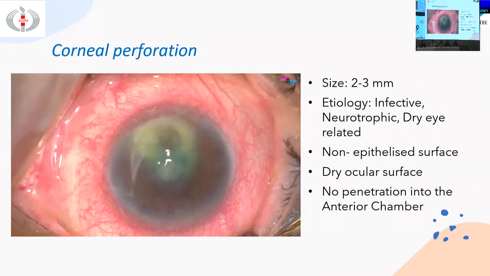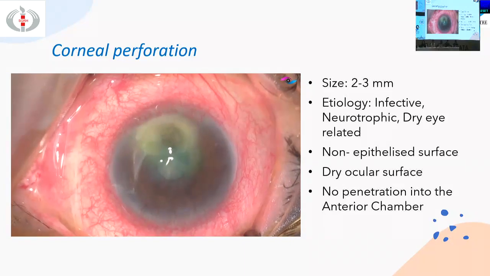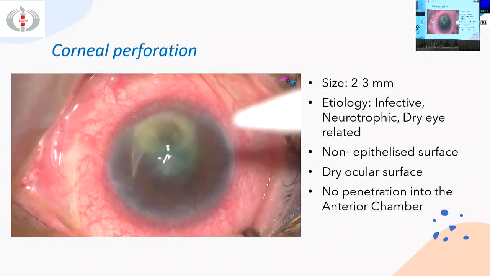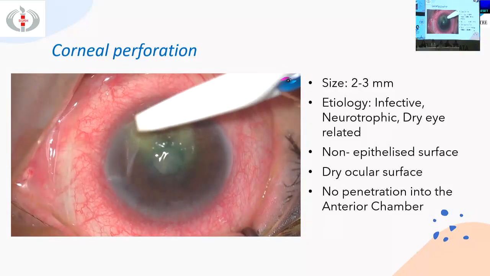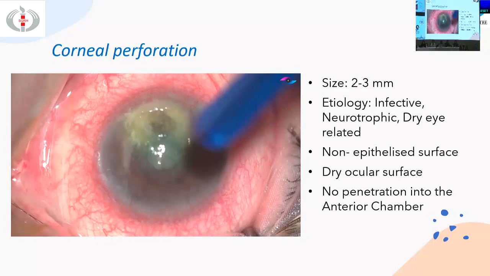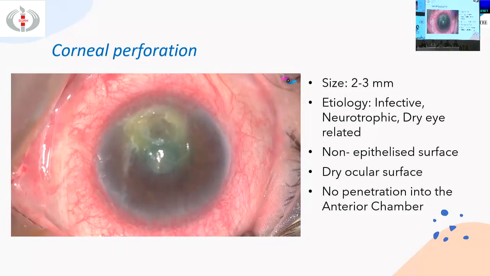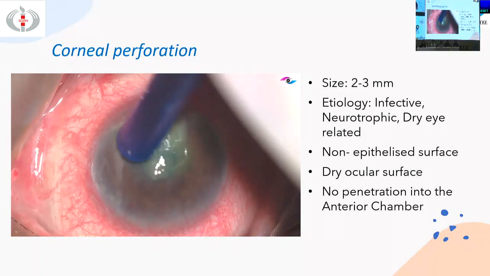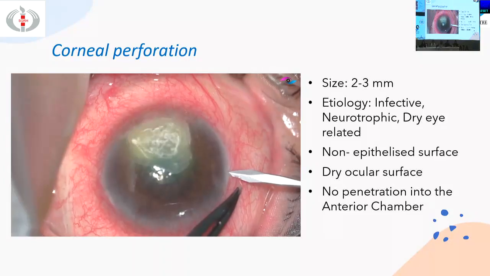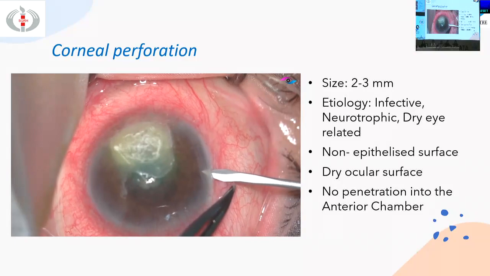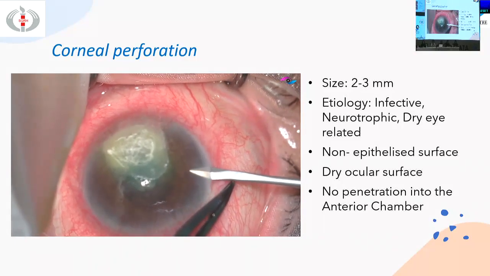Now let's see the use of cyanoacrylate glue for patients with corneal perforation. The size should be between 2 to 3 millimeters, and these could be cases of either infective keratitis, neurotrophic like HSV keratitis, or even dry eye related. The prerequisites include a non-epithelialized dry ocular surface, and we should take care that the glue does not penetrate into the anterior chamber. So let's take a look at this case where we did a TABCL along with AC reformation